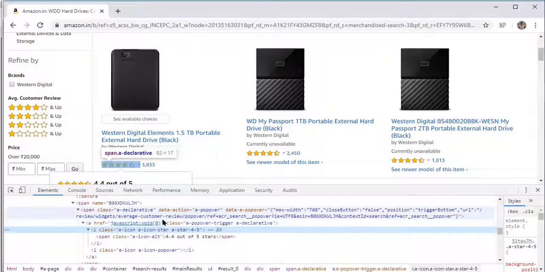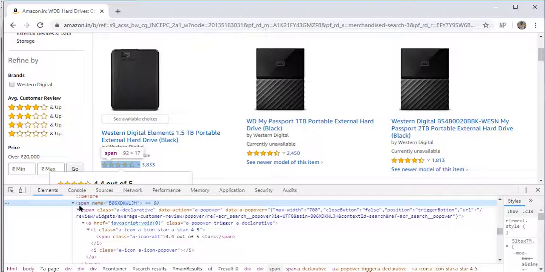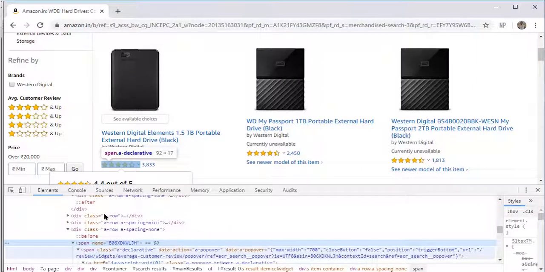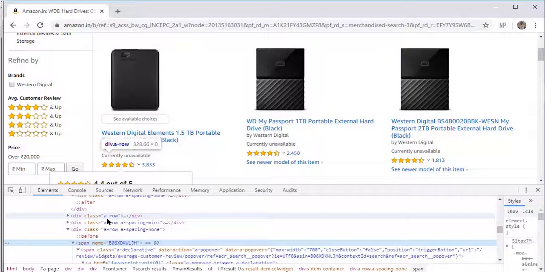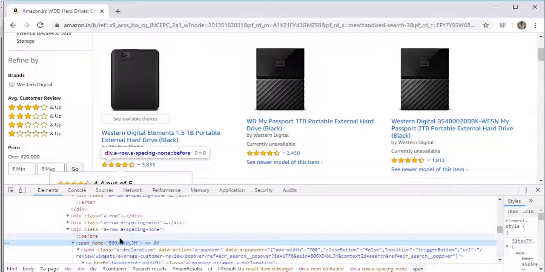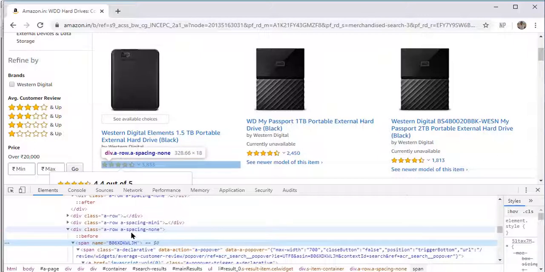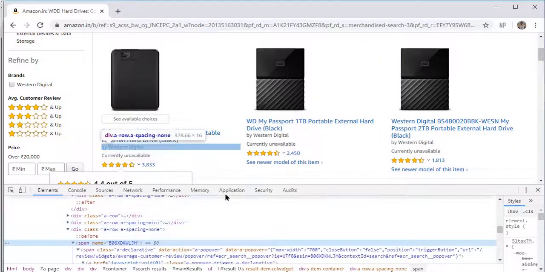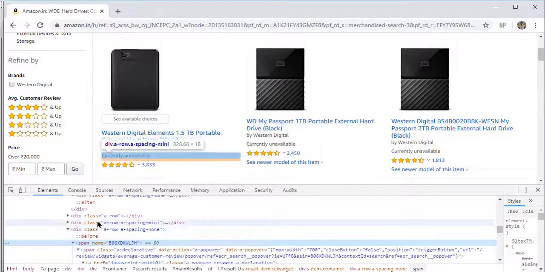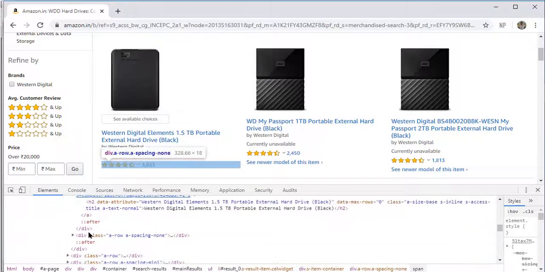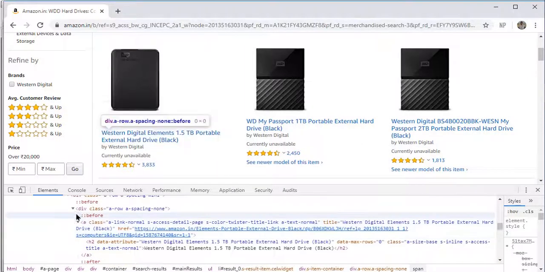The span name is a unique one. It's best practice to look at all the elements, see which element properties are unique, and how the website is designed. Whenever you automate any application, take some time to navigate through it and see how they have implemented the code and the DOM structure.